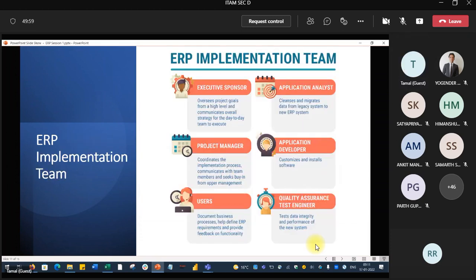Okay, this is the team. Again, as I told you earlier, please try to be a part of this team once in your lifetime. And through the process, you will be a very good consultant after that, actually, a process consultant.